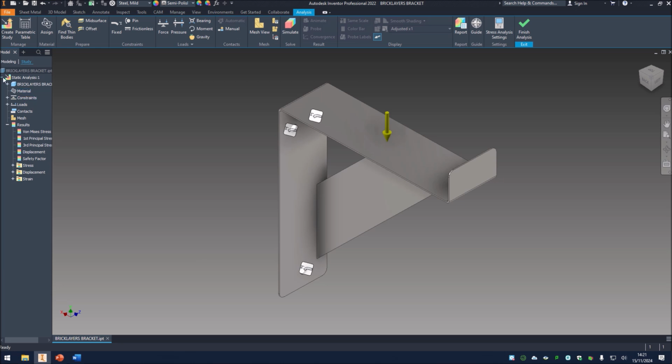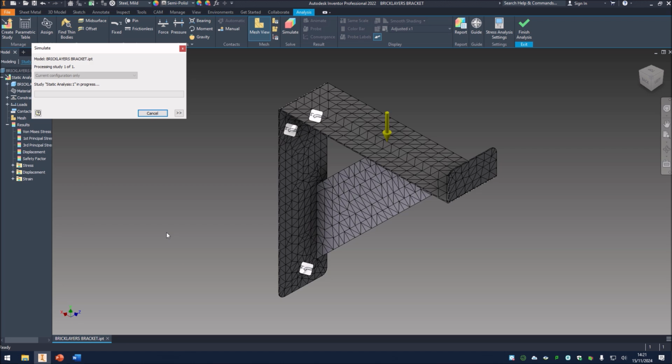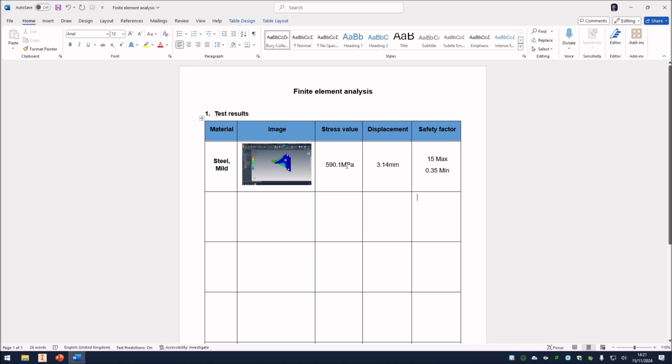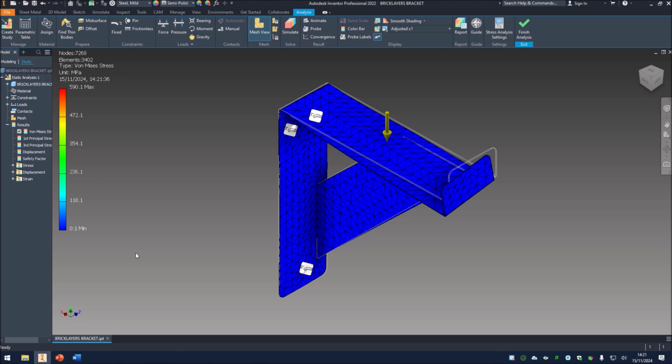Now, for those of you that have watched the previous video, you'll actually see that analysis that we did, and you might remember the values that we got. I'll run that, and we remember that data, and we logged it in a document, didn't we? We've got displacement and safety factor on that. Now, this time we're going to run this analysis again, but we're going to change the materials,